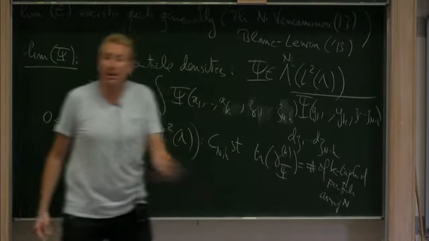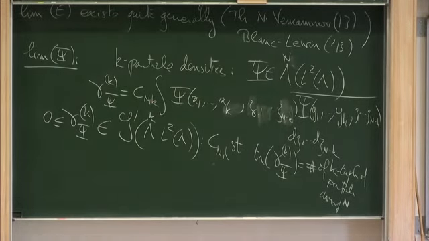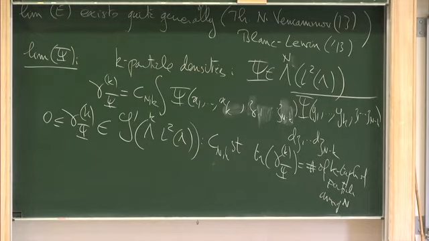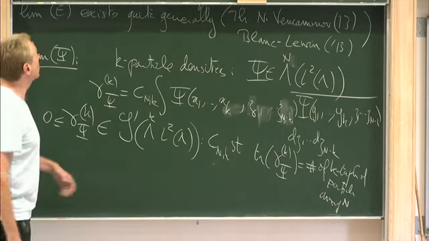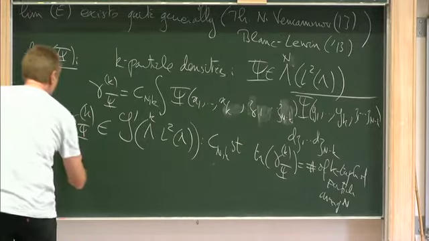So this is essentially representing all the groupings of k particles among n. Okay? And now, adding the additional indices, what you can hope for is a convergence